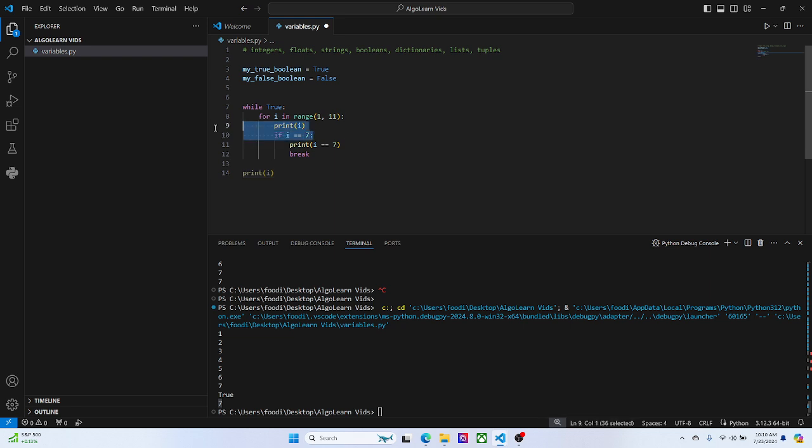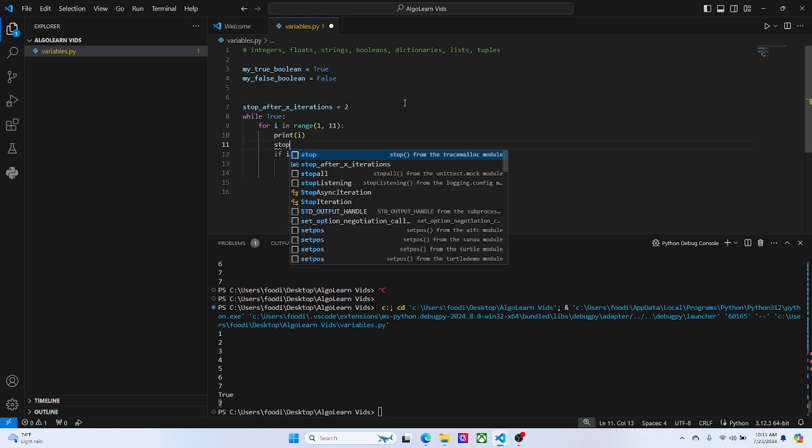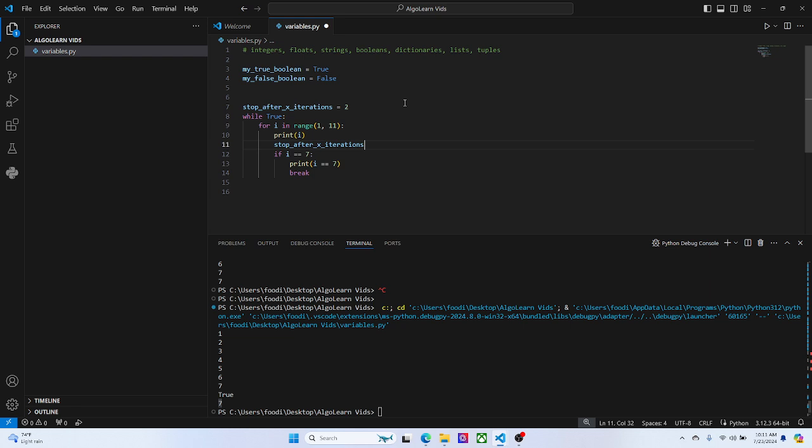So things that occur on the same line like these, print I if I equals 7, these are things that are executing within this loop. Okay, and you'll see here in a second. So while true, and this is going to get a little more complex. Let's say stop after x iterations, and let's say 3, or let's say 2. And for I in range print I, I also want to do stop after x iterations